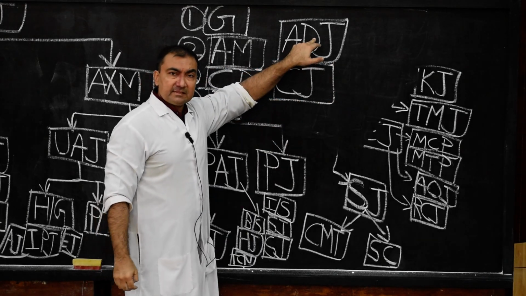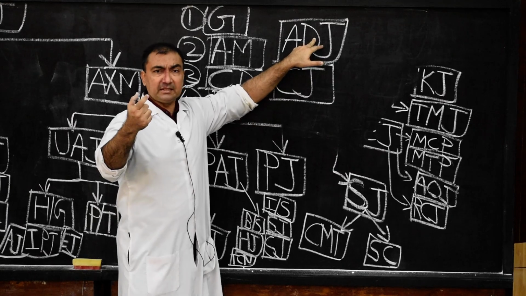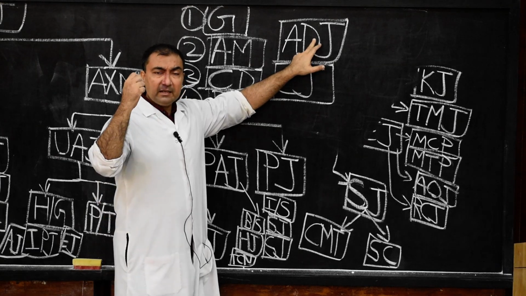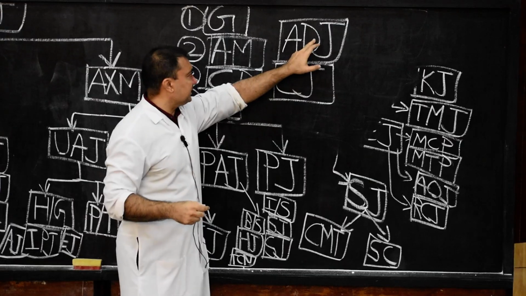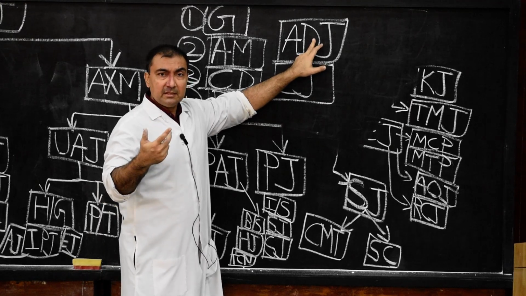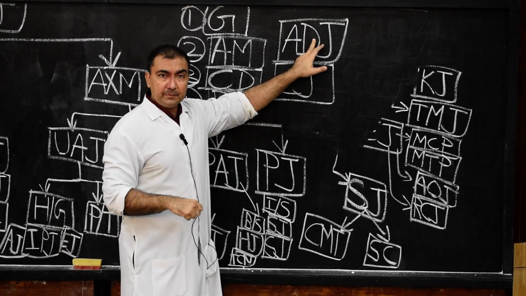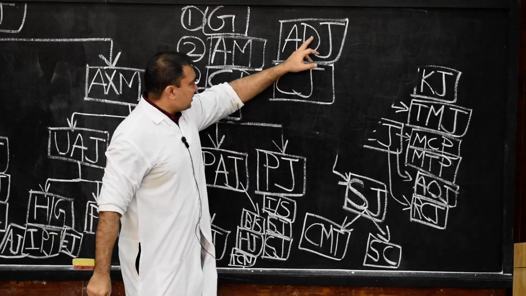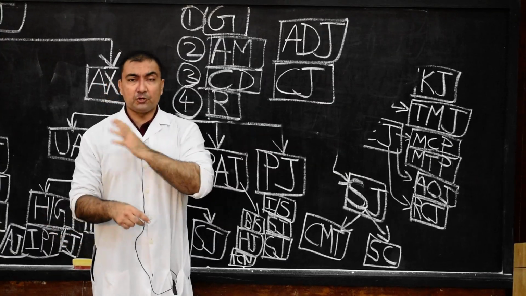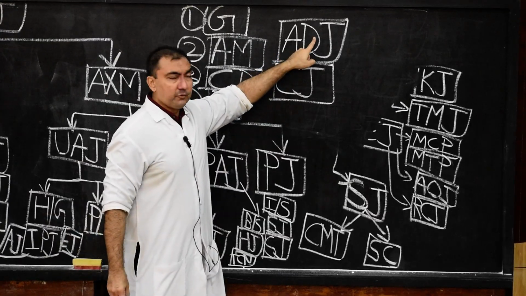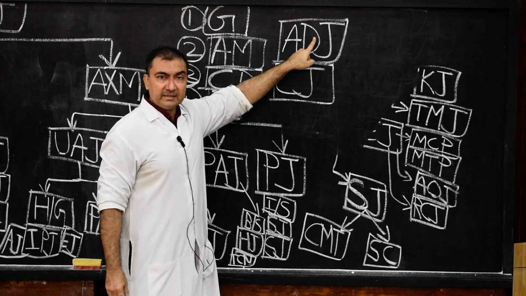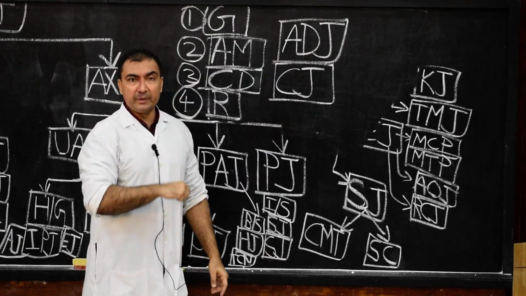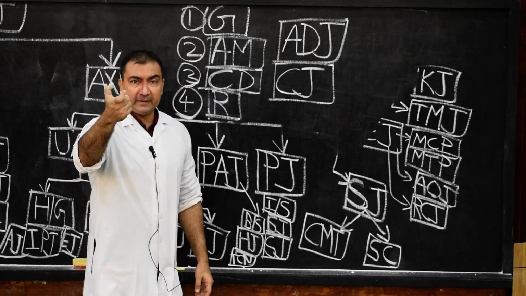Adjunct movement means the movement which is taking place in a synovial joint by active contraction of the muscle. Directly the active contraction of muscle is taking place and the movement is possible in a synovial joint because of active contraction of the muscle. For example, there will be rotational movements which are occurring at the hip joint, shoulder joint. So they are examples of adjunct movement. All the rotation movements which are occurring at the hip and shoulder joint are direct active movements because of active contraction of muscles.